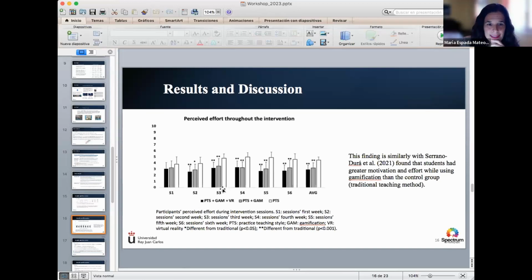And we can see that the group that perceived more effort was the group in which we use only the practice teaching style, the white column. This finding is similar to another study in which greater motivation is found while using gamification than in the control group.